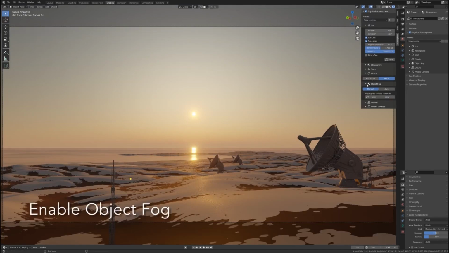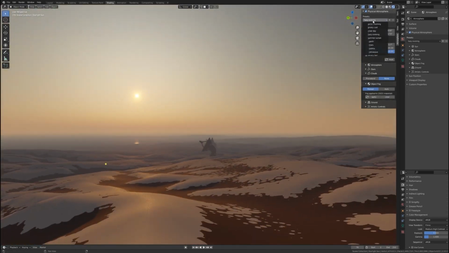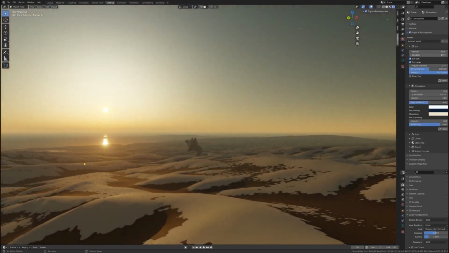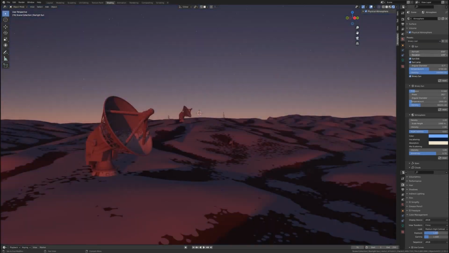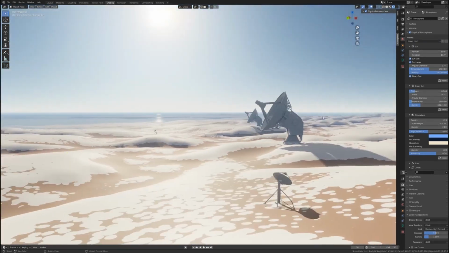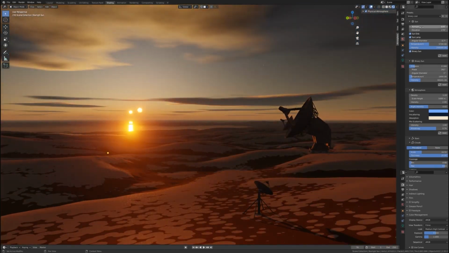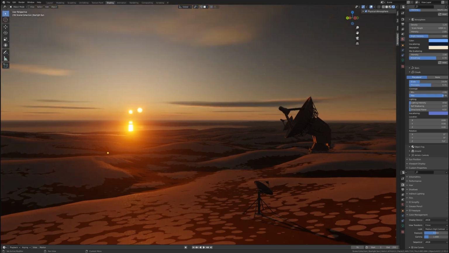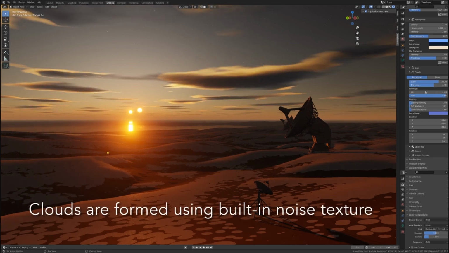This versatile add-on offers you pre-made presets to save time and effort, providing you with a list of ready-to-use settings that can instantly transform your scene and serve as a starting point for further customization. Moreover, it boasts a wide array of customization options, including animation features for every aspect. With the use of keyframes, you can effortlessly animate each element, breathing life into your scenes and creating a dynamic